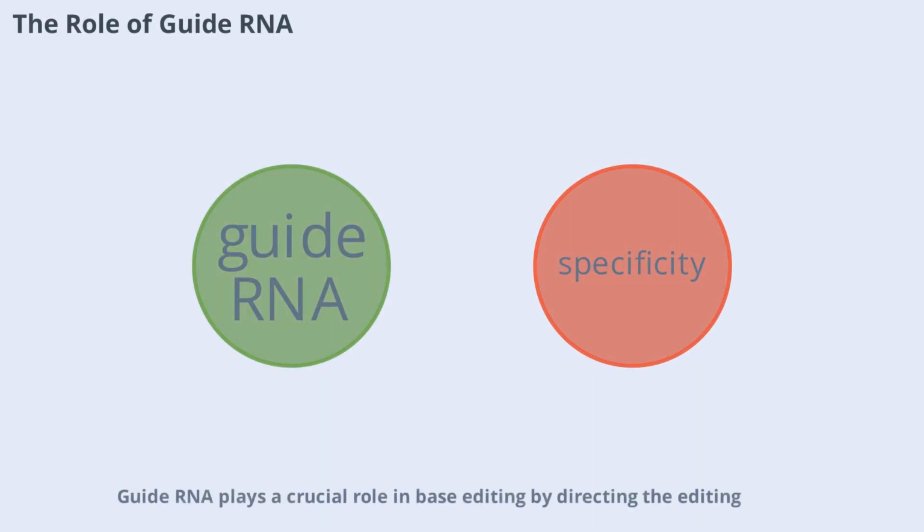Guide RNA plays a crucial role in base editing by directing the editing complex to the exact location in the genome where the change is needed. The guide RNA is designed to match the target DNA sequence, ensuring that the base editor acts only at the intended site. This specificity is key to the accuracy and safety of base editing, minimizing the risk of off-target effects